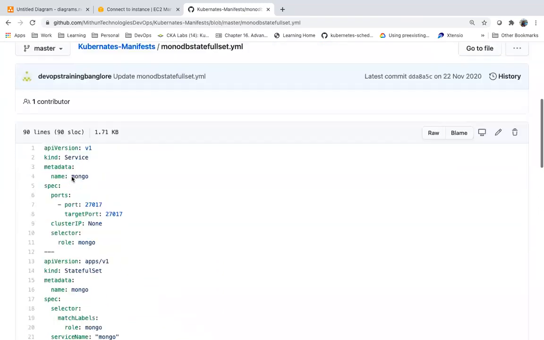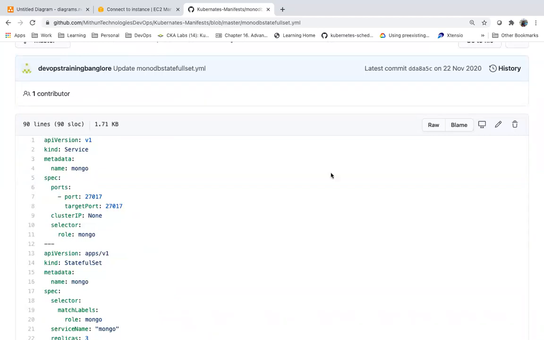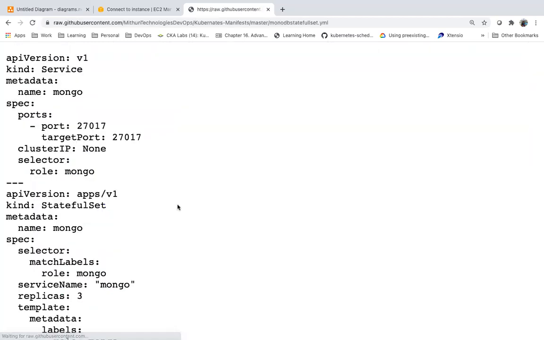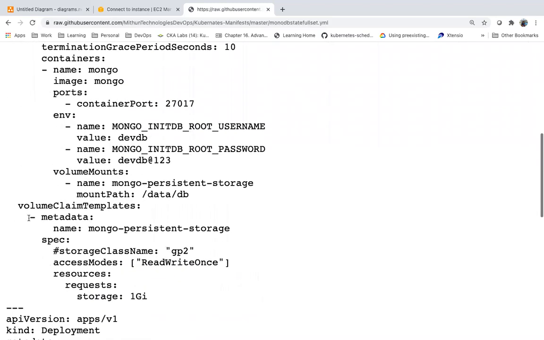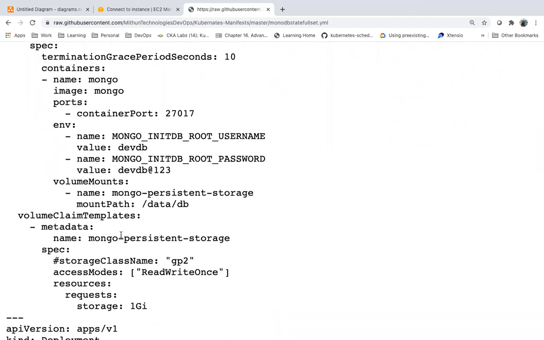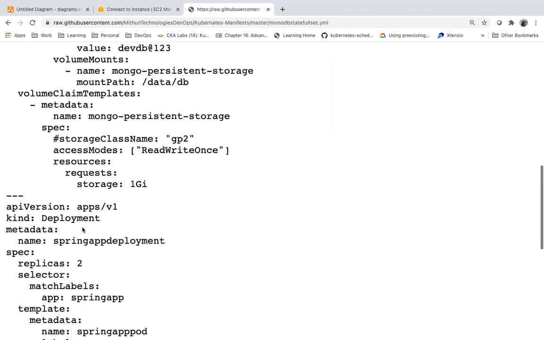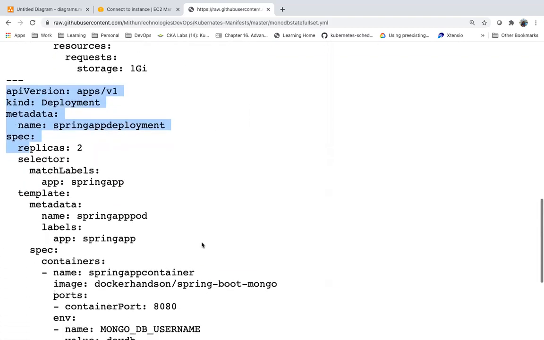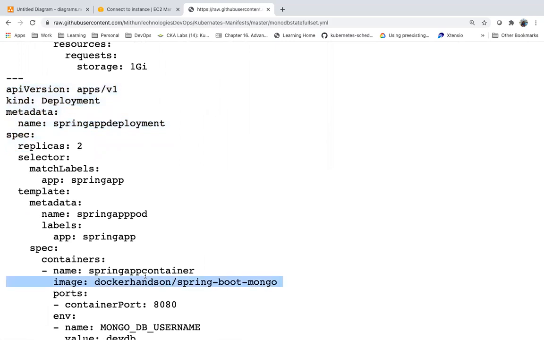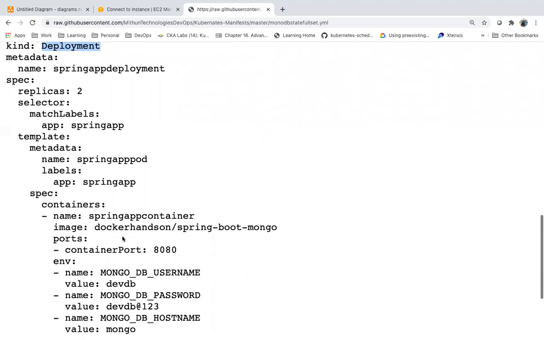If you see this one here, I'm using stateful set to deploy the database pod, right? Stateful set to deploy the database application. And for our front end application, what kind of object am I creating here? This is a stateless application. What object am I using for this image?